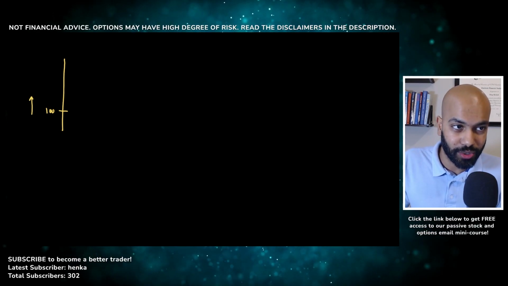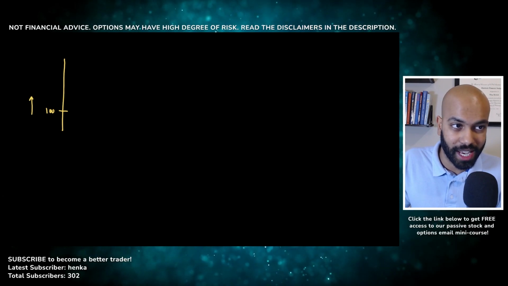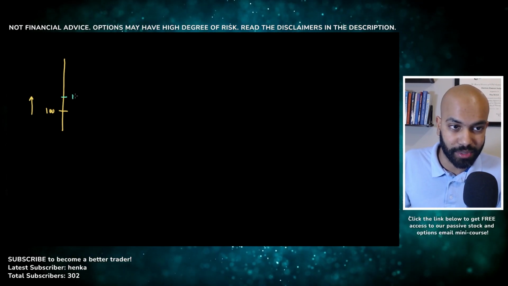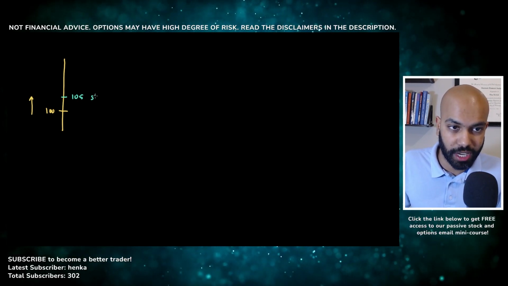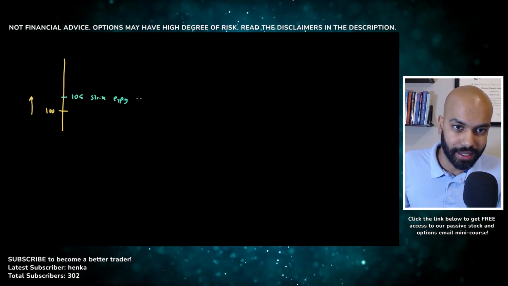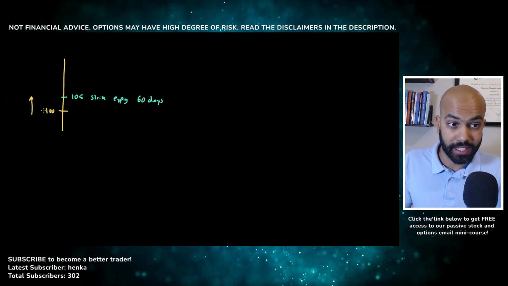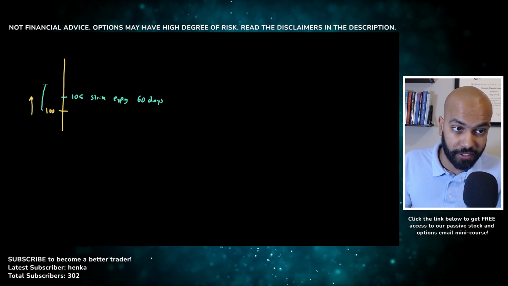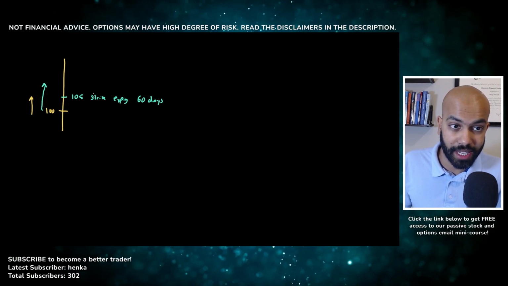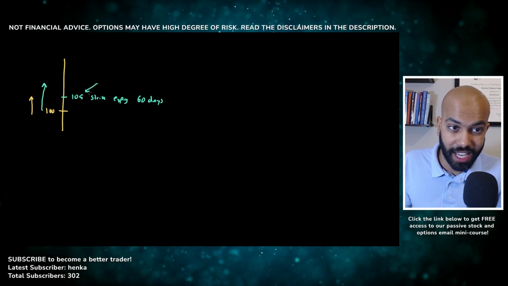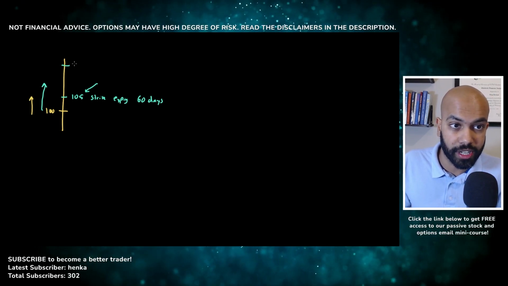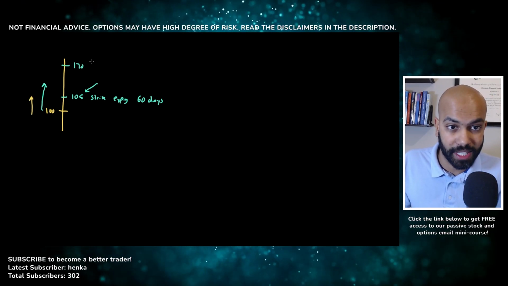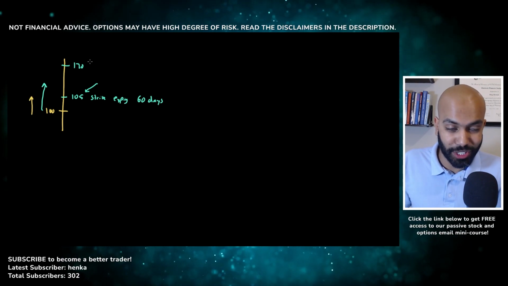And so what you could do is you could buy something known as a call option at, for example, $105 strike price expiring in, let's say, 60 days. All this means is if the stock goes above $105, you have the right to buy 100 shares at $105, and you could sell in the open market for whatever it is. Maybe it's trading at $120 in 60 days. And that is actually really powerful, right?